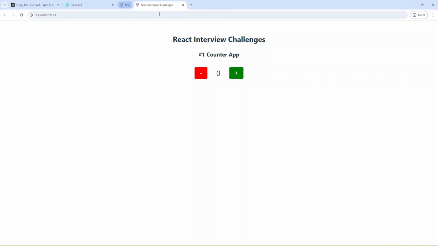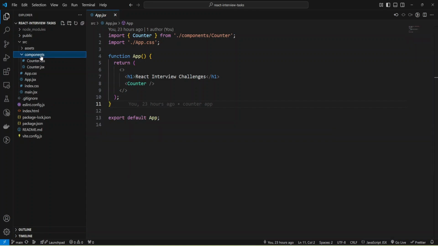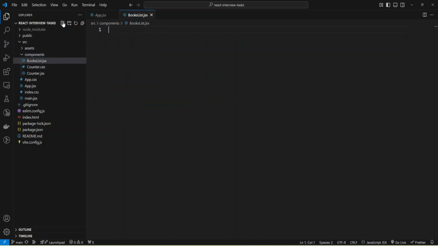Now I'm going to change the component, and let me hide the panel, and inside the components folder I'll create a new file, and it will be a new component, BooksList.jsx, and also I need BooksList.css for styles.